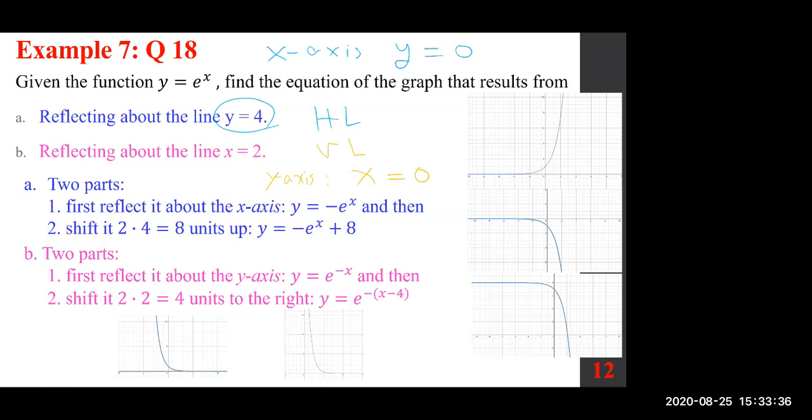Two times 2 equals 4. About the line x equals 2, you shift it by 2 times that because it's 2 units away. Remember, you are reflecting. Just think about the concept that happens as a result. We are going to look at more examples